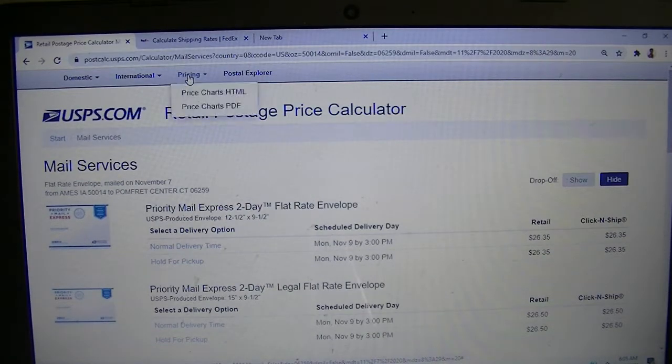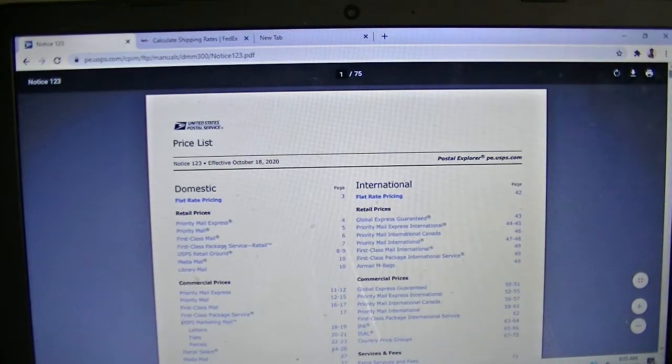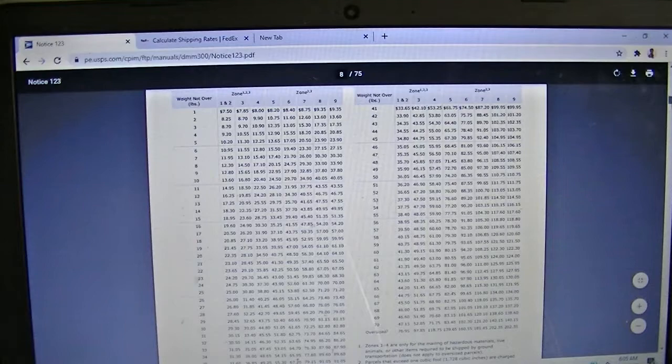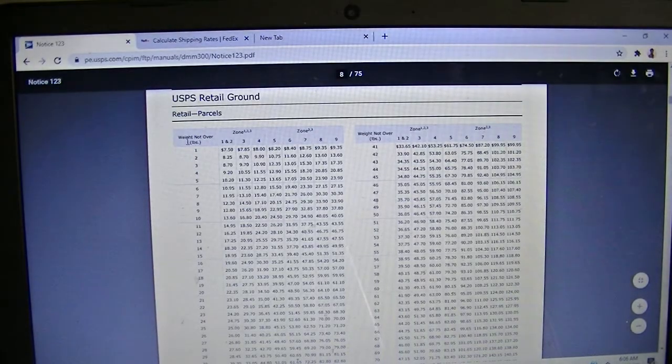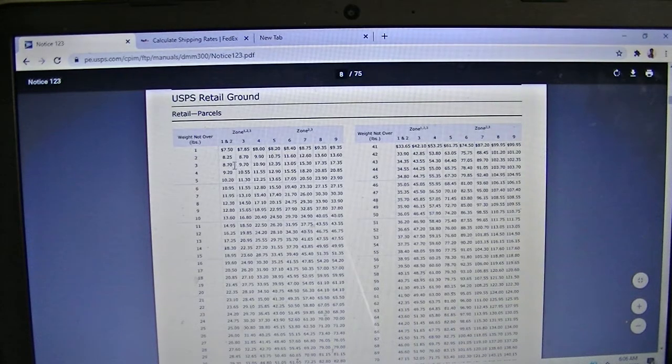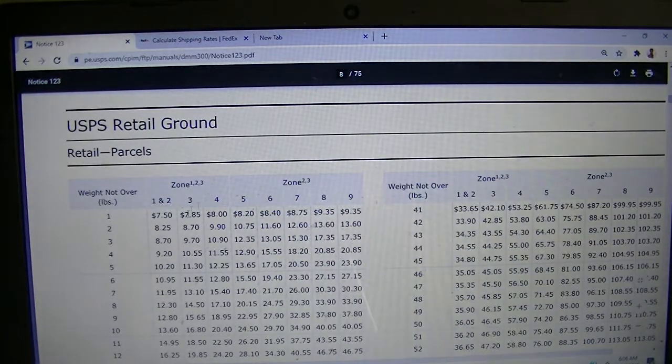If you click on pricing, you have that, and you have the PDF chart. Let's click on the PDF chart, and then that will pull out these 75 pages, and that's pretty much what I've been showing you on the paper. And this is parcel, so by pound, and you can see here it's so small. Let me make it a little bit bigger, and you can see that